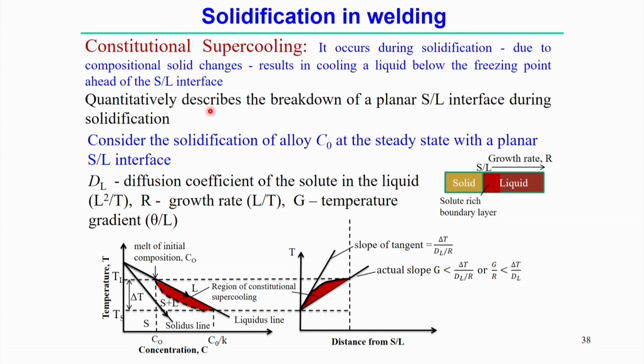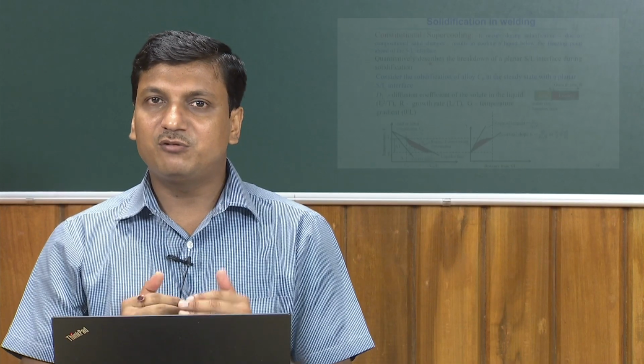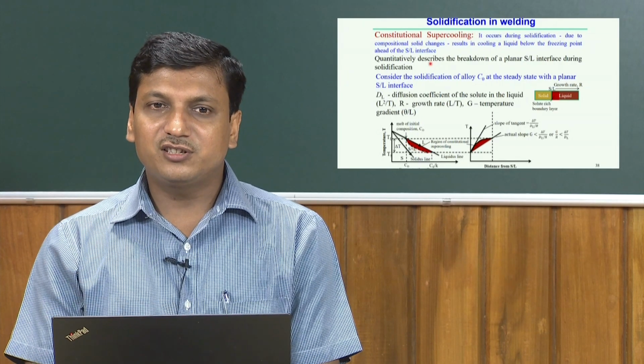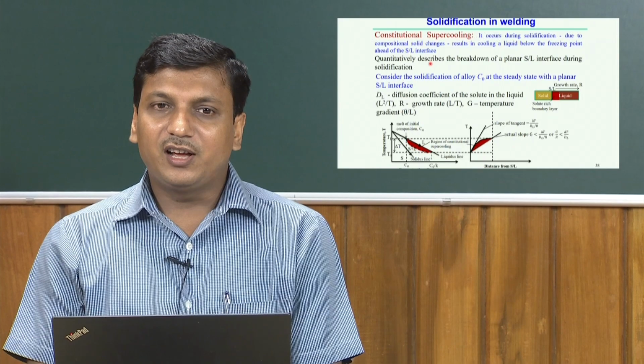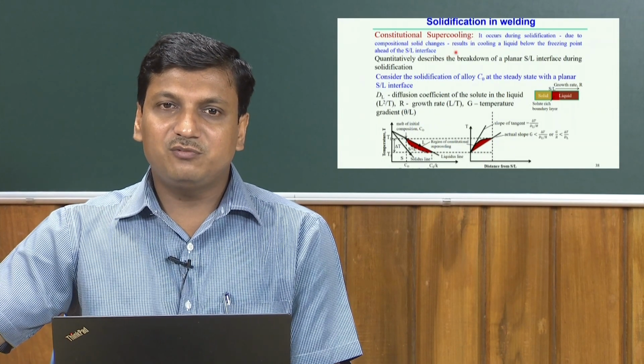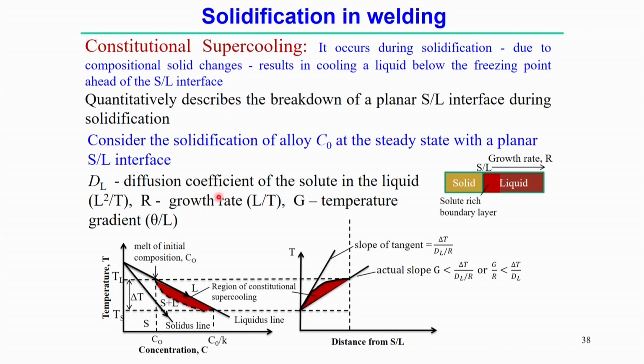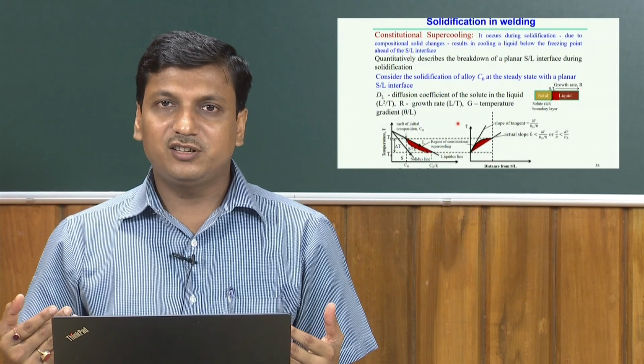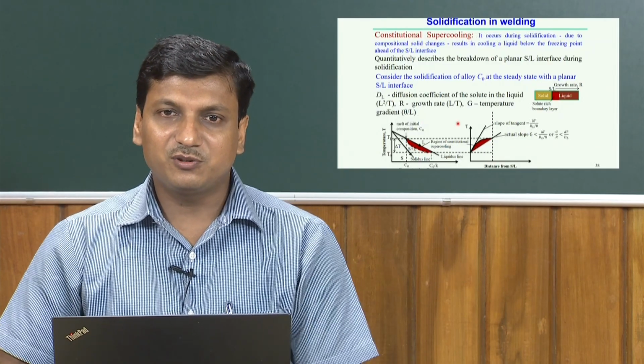Actually, this constitutional supercooling better describes the amount of supercooling that depends on the compositional changes, specifically for the alloy material. Graphically we can represent it here: this region marked by red color represents the region of constitutional supercooling, or the amount of supercooling in the case of alloy. This amount of supercooling generally exists during the solidification process of specifically the alloy metal, but